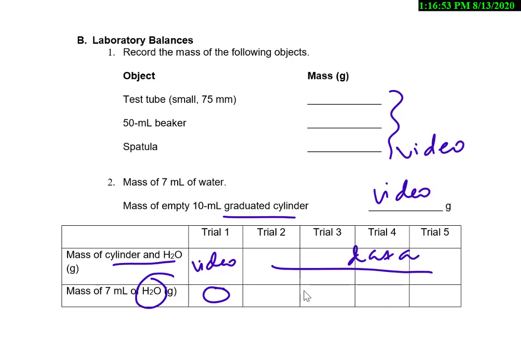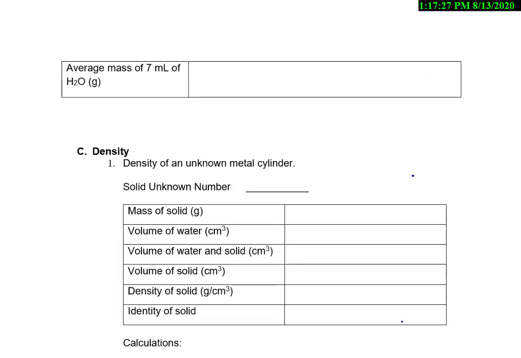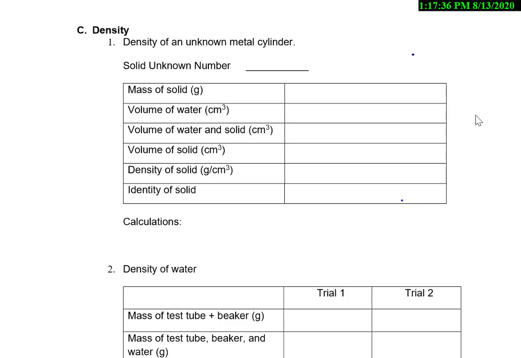And then you can calculate all of the masses of water there. When averaging, you can use the same number of significant figures that you have in your water measure. Here you will find all of the data for part C, either in the videos and or on the data sheet. But what I want to do is run through one sample calculation here, mostly just to remind you of